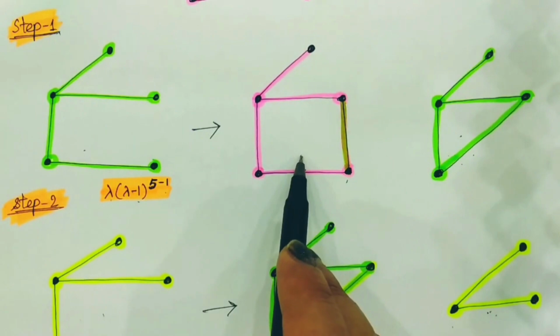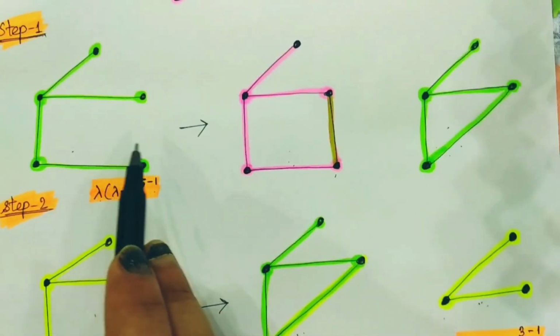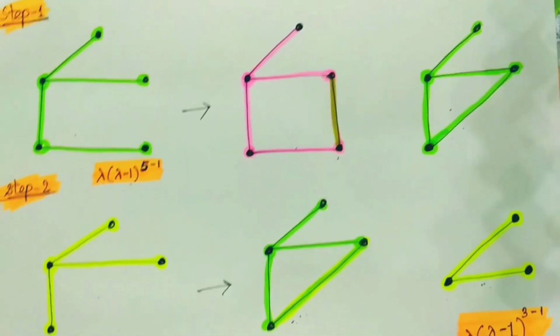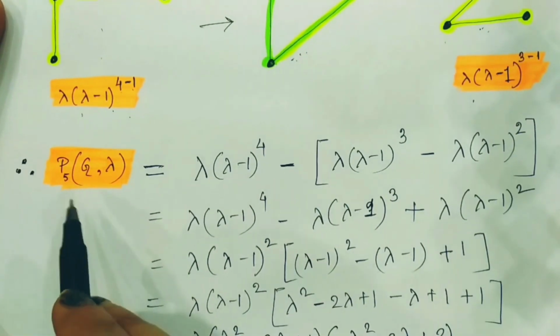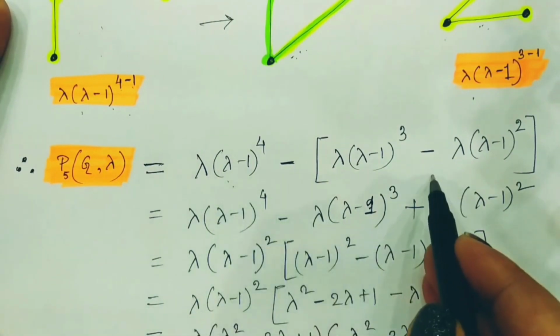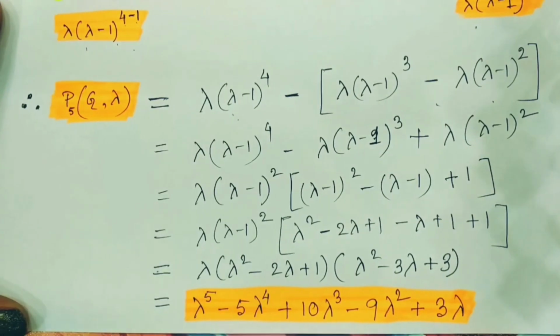So we will get the chromatic polynomial for this one also. So now if we find out the chromatic polynomial for this one, then it should be the chromatic polynomial for this graph minus the chromatic polynomial for this graph. And after simplification we have done. So here is the calculation. So the chromatic polynomial for the given graph should be found by means of this one minus these two. So if we simplify, then we will find it is lambda to the power 5 minus 5 into lambda to the power 4 plus 10 into lambda to the power 3 minus 9 into lambda square plus 3